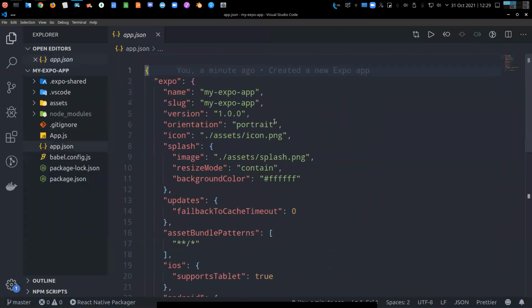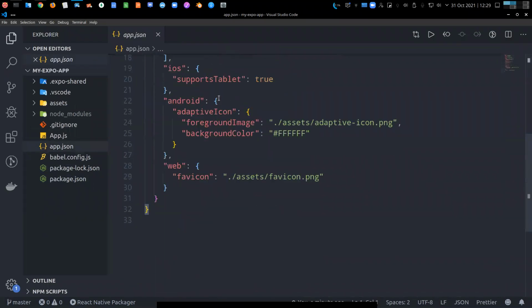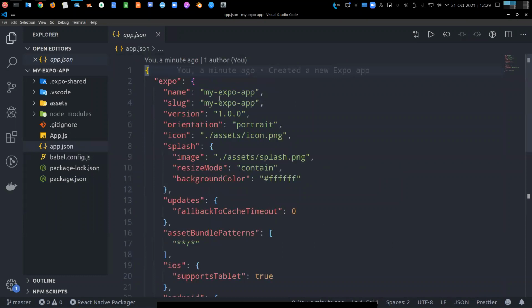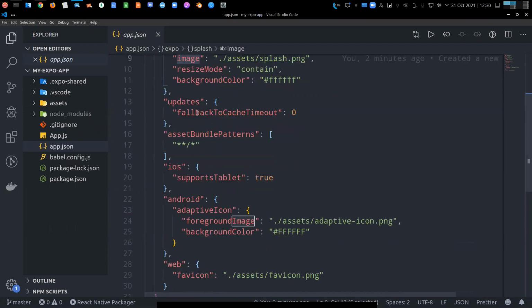We'll be having an app.json, which is basically a configuration for Expo. We'll have the name of the app, a slug, basically a longer name. We'll have the version of our app, the orientation, if you want it to be a portrait or a landscape. We'll have the icon, the splash image that you want to load when the app is starting, as well as a few other